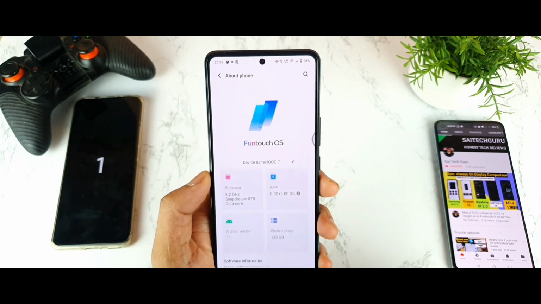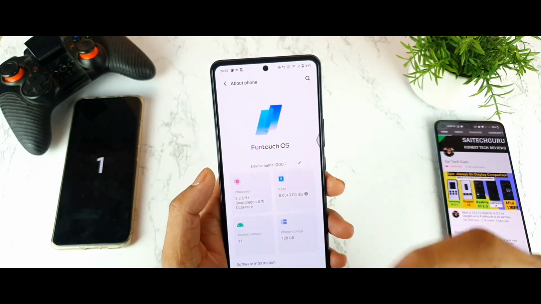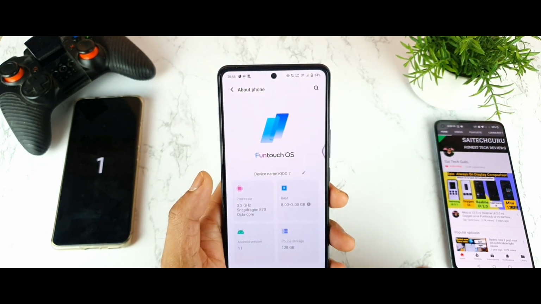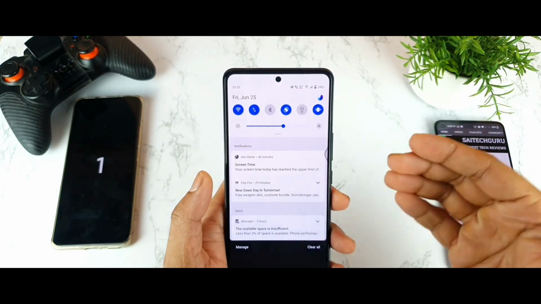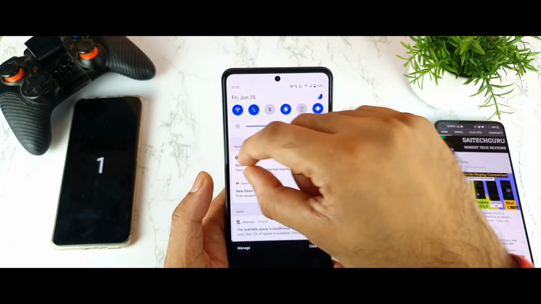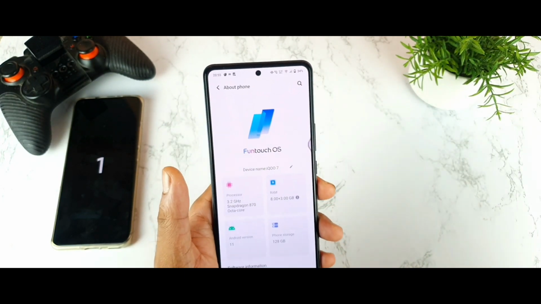So let's see, friends, the first thing I'm expecting in the next update is adding the data usage on the status bar and the notification bar. Yes friends, a lot of users are really struggling to see how much data they have used per day. There should be some kind of indication on the notification bar. That will be a really good advantage for a lot of users.